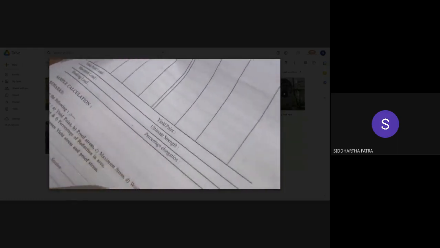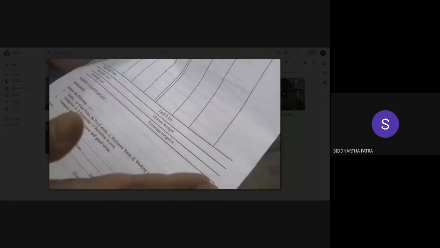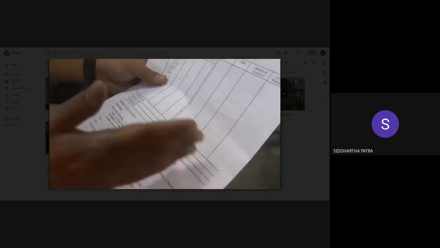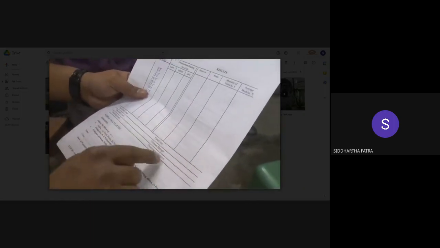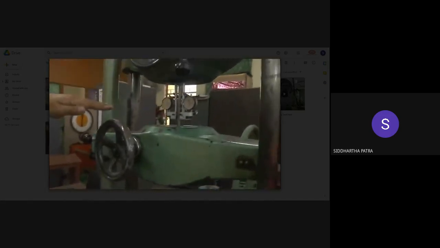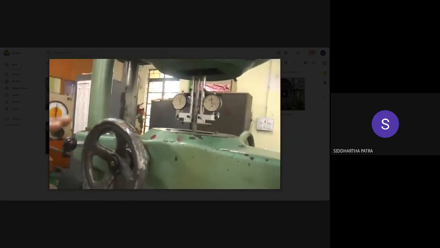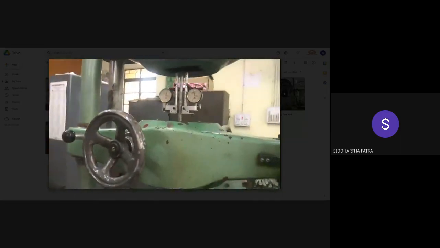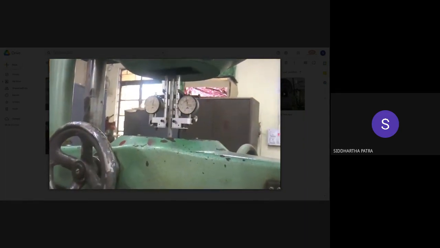What does that mean? It is a comparison between the length before elongation and the length after elongation. So the percentage increase in the total length. Now you see, once this specimen is loaded and gradually extends, after a certain value of stress it would actually break. So this is a destructive test. Once the broken pieces are assembled, we can measure what is the total change in length.